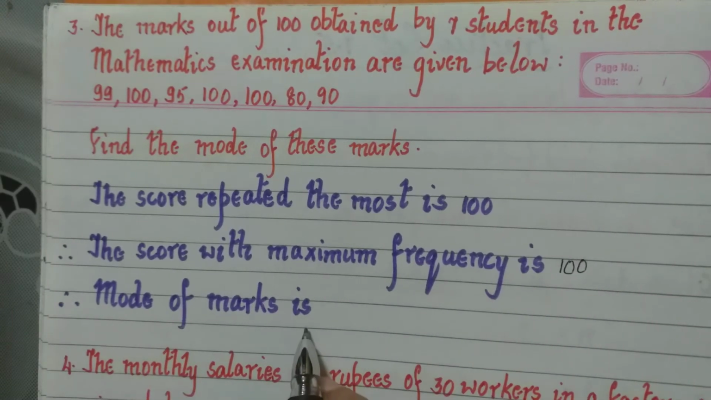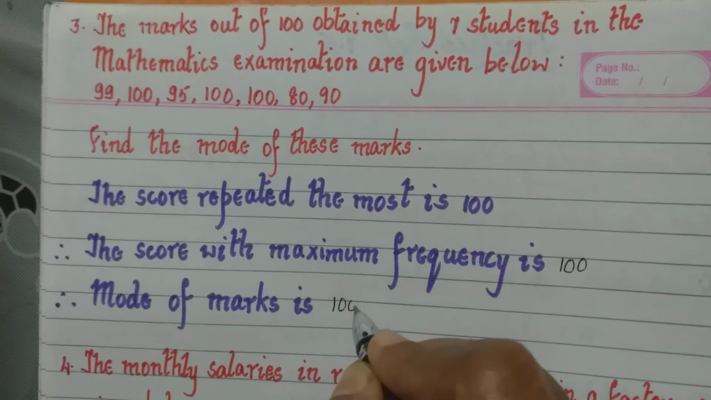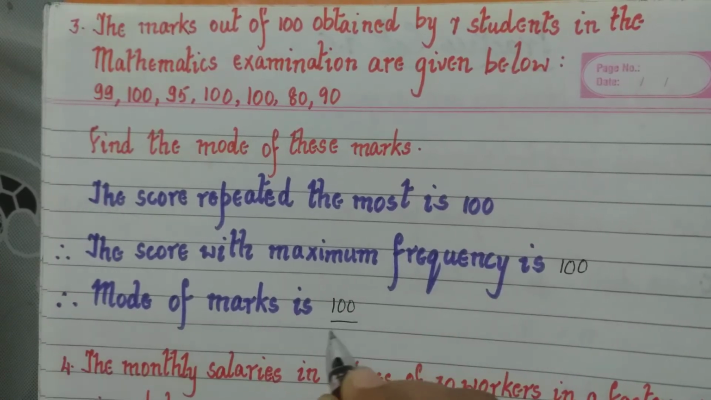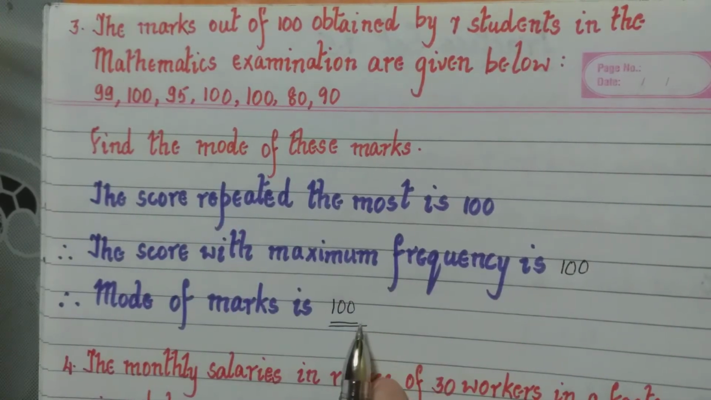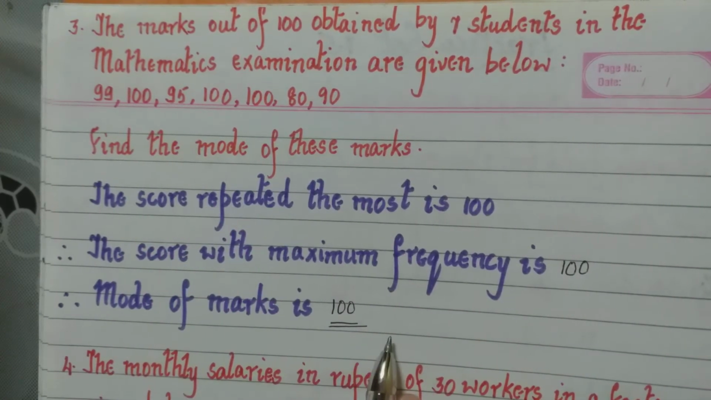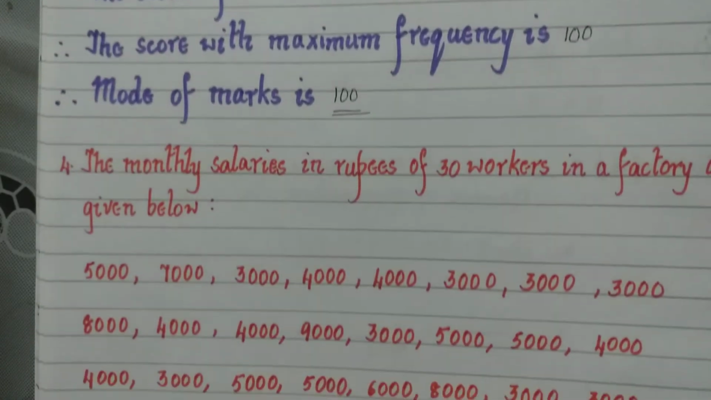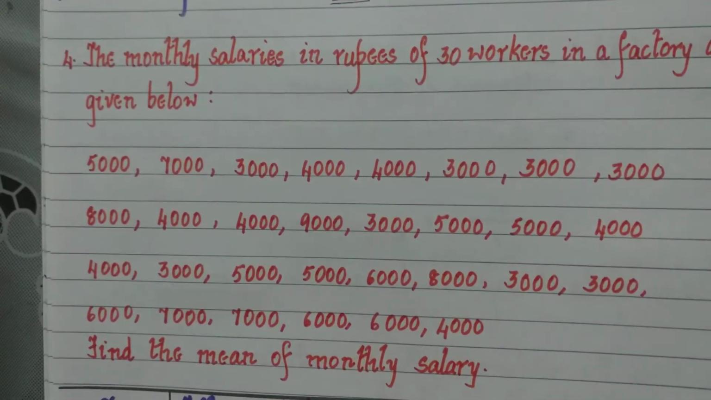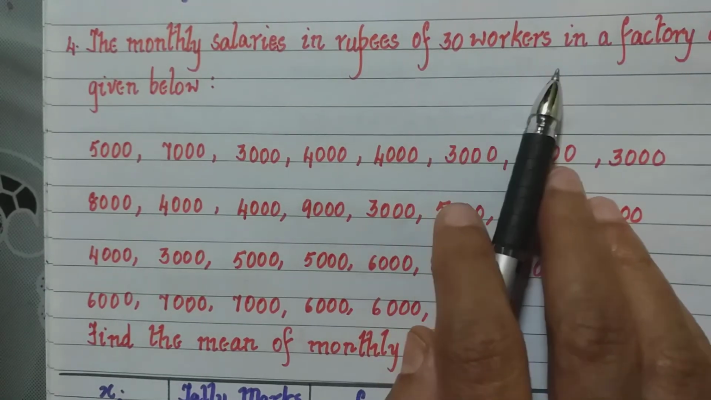And therefore the mode of these marks is 100. So we have to just see which score is repeated the most number of times, and that will be the mode of the marks. Going next to the fourth question, here you have the monthly salaries in rupees of 30 workers